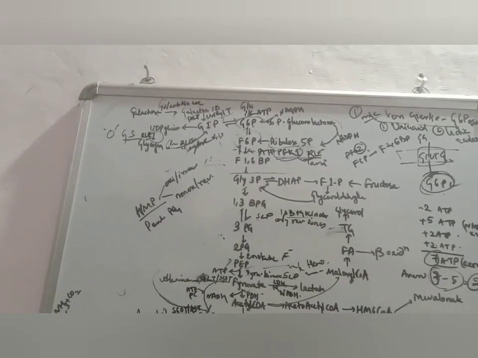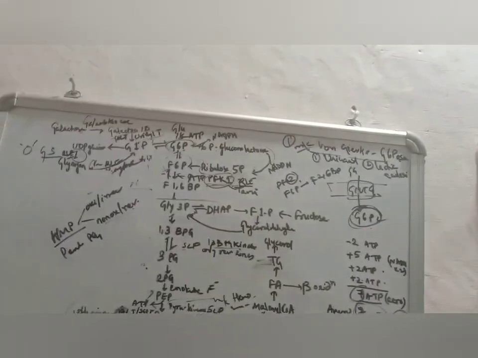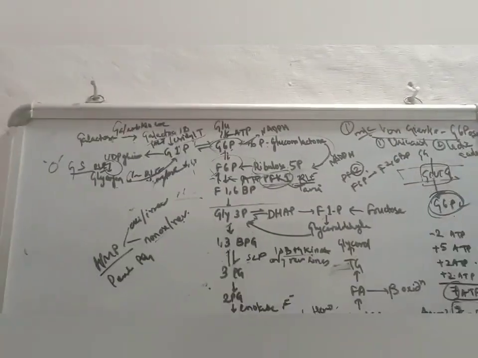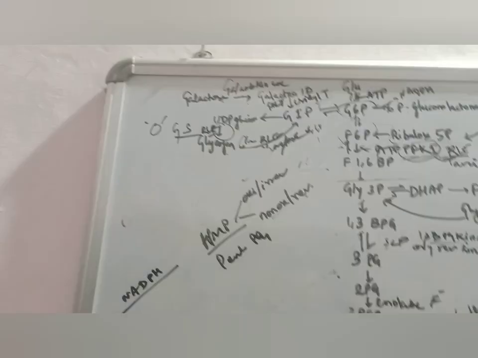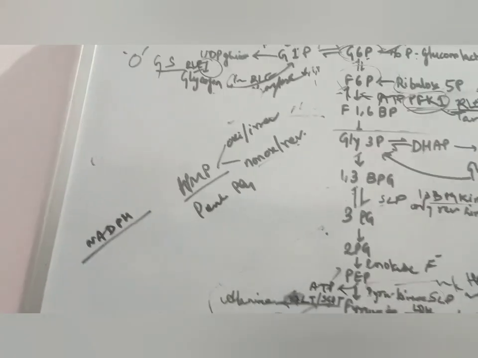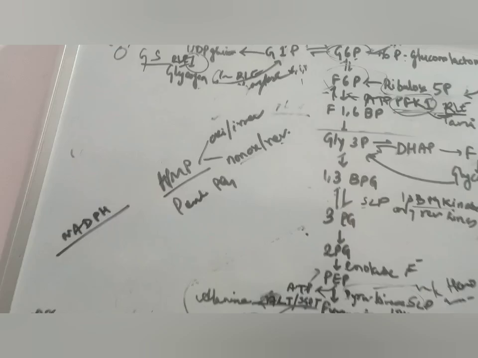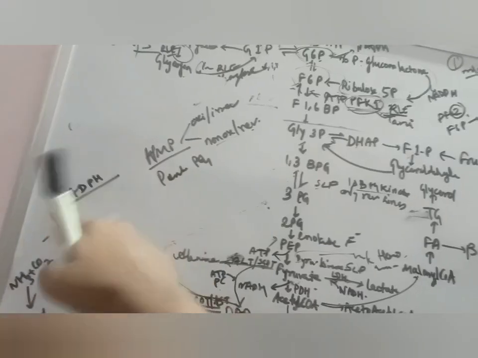Why is this HMP pathway important? It is important because here it needs to produce NADPH. Now the question is, what will I do with NADPH? Why do I need to produce NADPH in the first place? So for that we need to know where the NADPH is needed. So NADPH is needed for, see, this is an MCQ point. They will ask you where NADPH is needed or where it is not needed. It is needed in all except. So the point is that NADPH is needed for